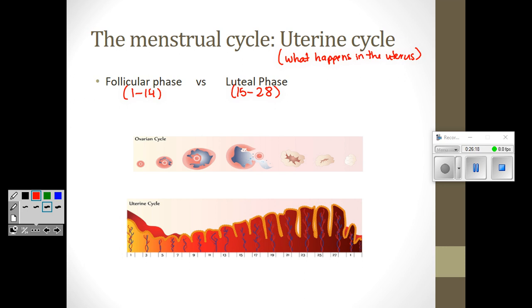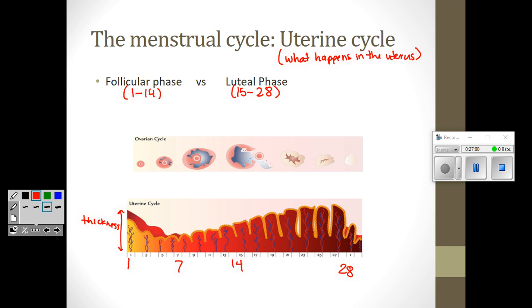So if we take a look at what's happening, the picture on the bottom is representing the thickness. You'll notice there are no numbers for the thickness because no one expects you to memorize some actual measurement for thickness, but for you to recognize the trend over time. Here's day 1, here's about day 7, here's day 14, and here would be day 28. I'm pointing these things out because this is where particular things happen.